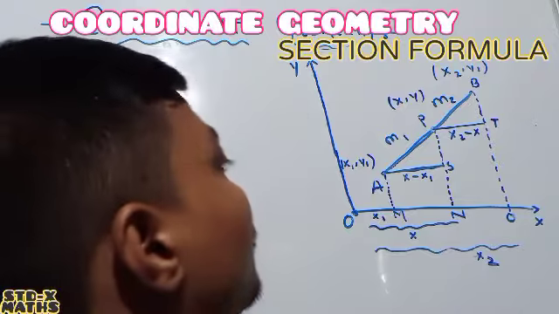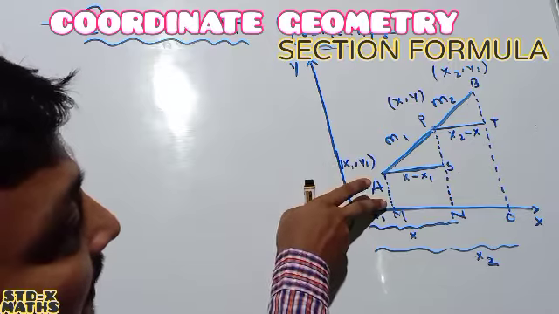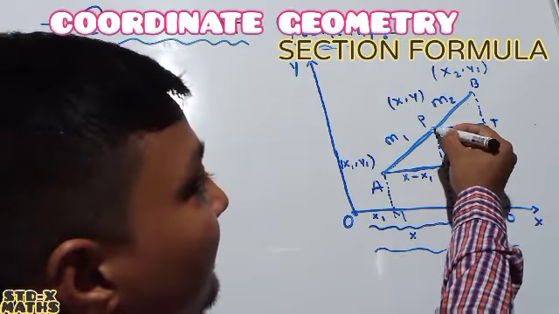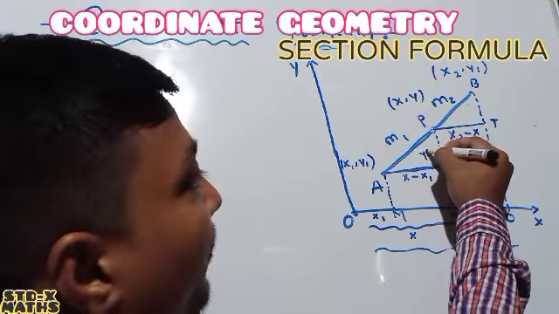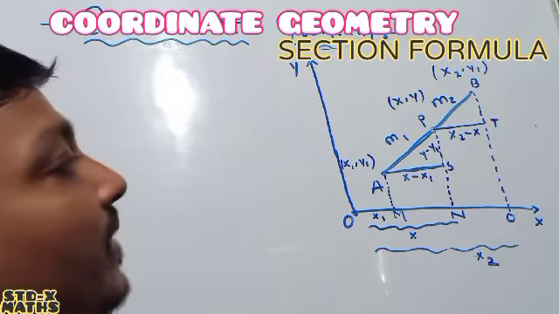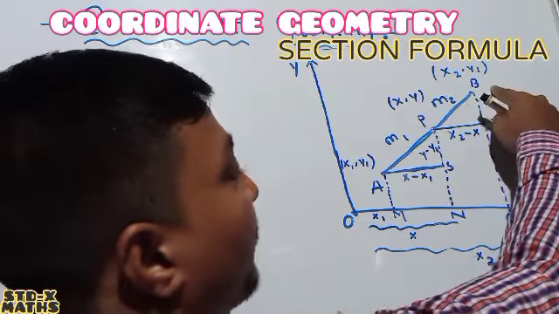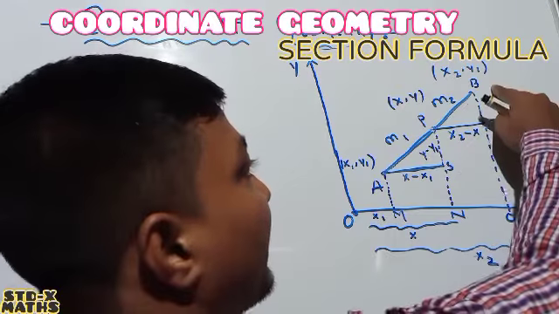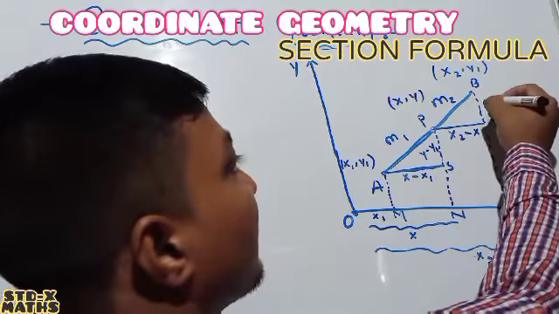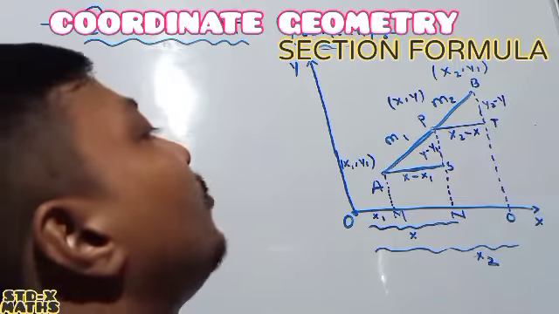Understood perfectly? And see, this distance is our y1, and this longest distance is our y. So this distance PS is y minus y1. And the largest distance is y2, because the coordinate of B is y2. From y2, whenever I subtract y, this distance will be y2 minus y.